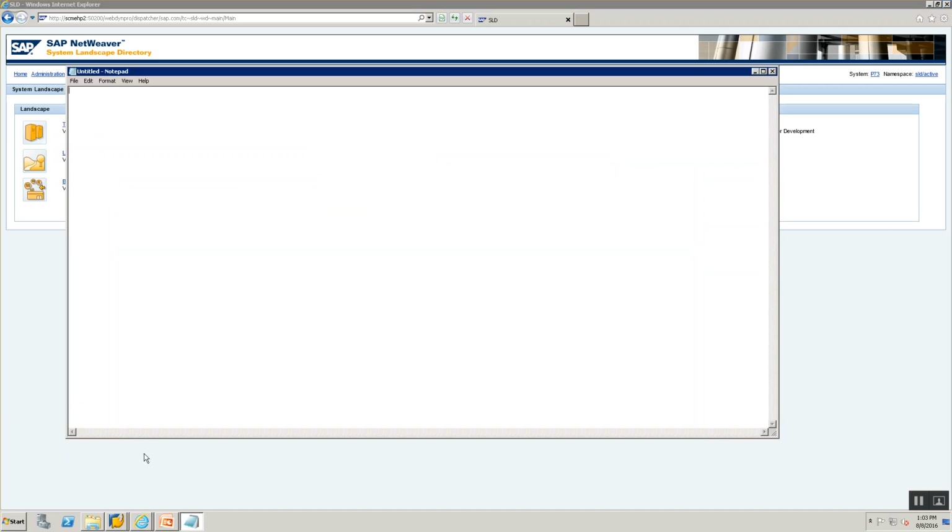We are now going to define a product. And what is a product? A product is going to be an SAP R3, SAP ECC, but now we are going to define our own product, and then we are going to define a software component. After we do that, we are going to define a technical system and a business system.